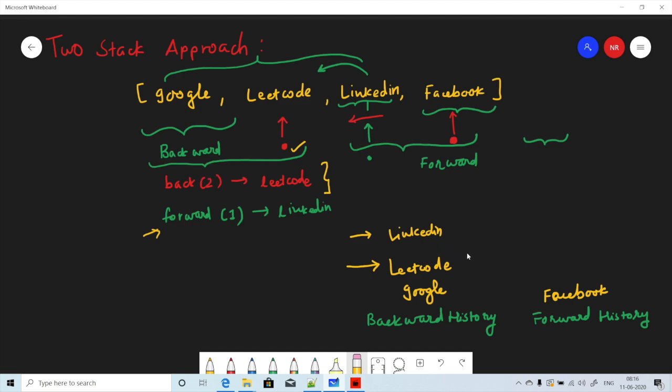So that's how with this two stack mechanism we can achieve the browser history data structure we have been asked for. Okay, now the second approach is we can use a doubly linked list also. Let's understand with that.